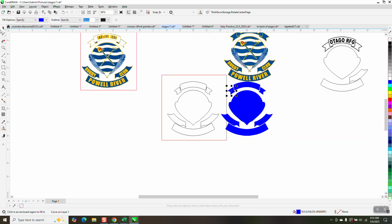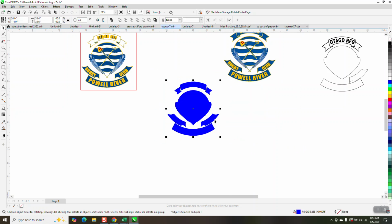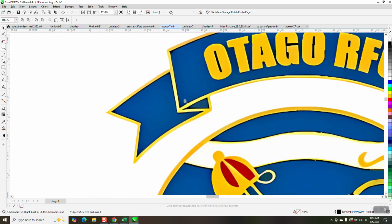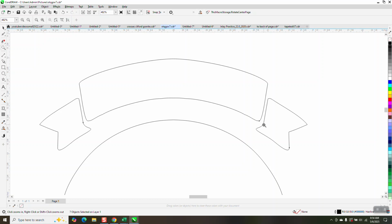That looks pretty good. Now all we need to do is make this where it'll engrave. So I'm going to left click, right click. Now, there's two trains of thought. If you look, that looks like triangles and kind of like a folded ribbon. And this doesn't. So what we're going to do, we're going to take our shape tool and we're going to